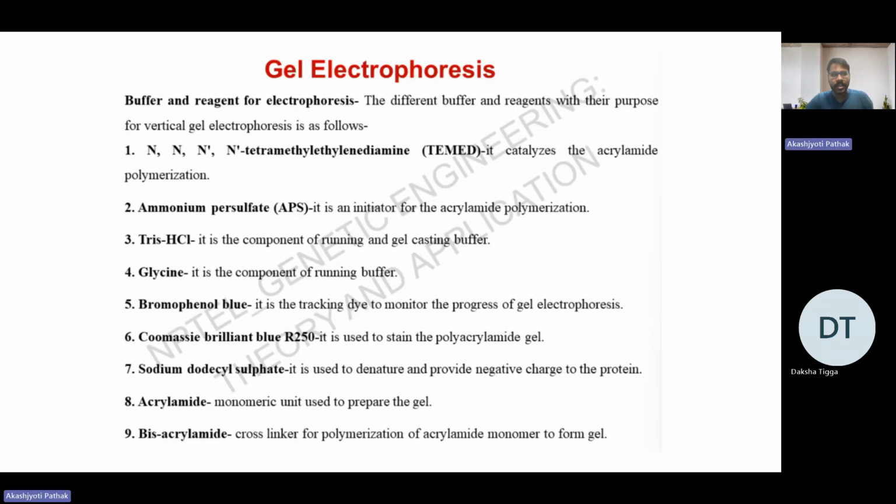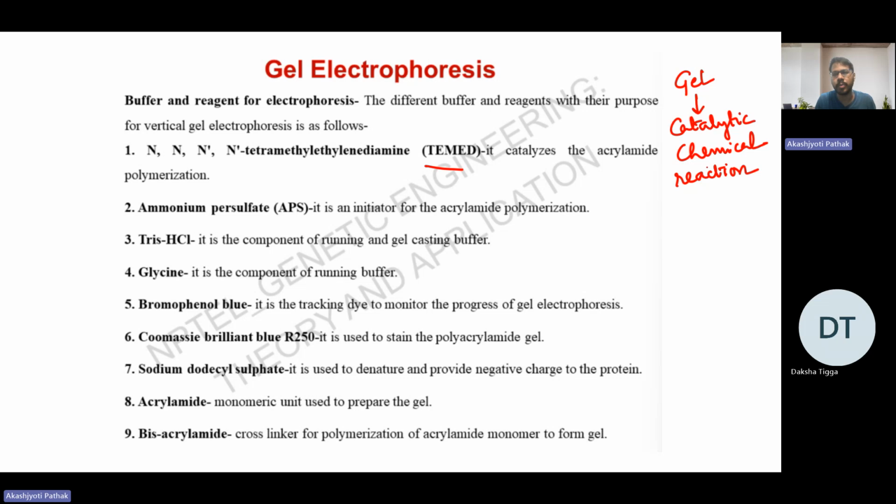So now let's understand the components which are used for preparing the gel. So first of all is TEMED. Basically, you have to first understand that when you are preparing the gel, the gel that you prepare is actually a catalytic chemical reaction. A catalytic chemical reaction takes place. Okay. So the polyacrylamide gel is formed by a catalytic chemical reaction. This is different from